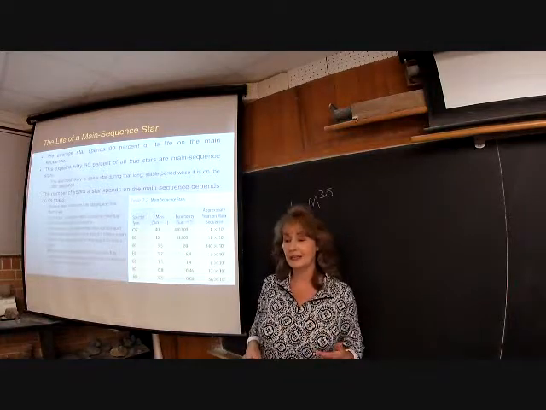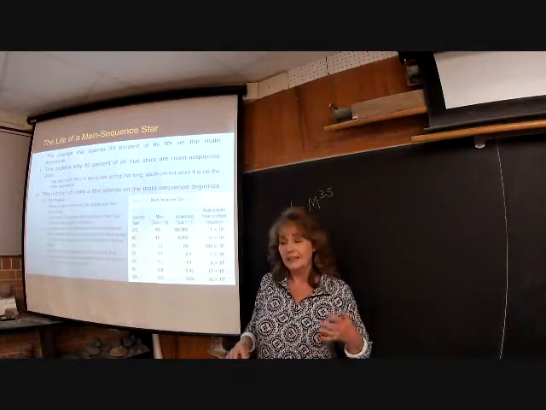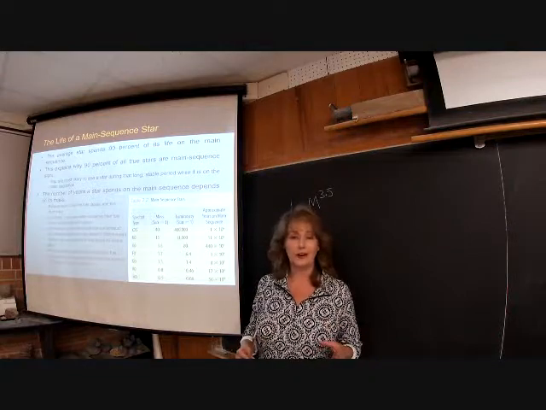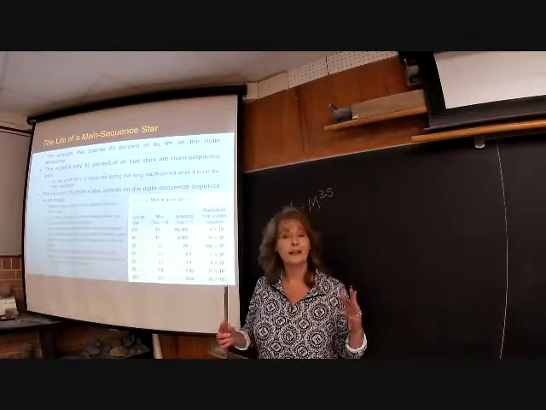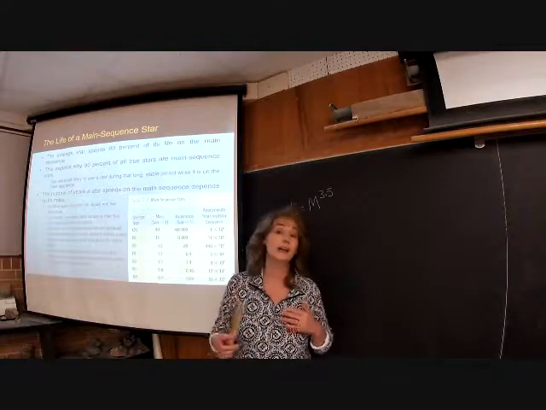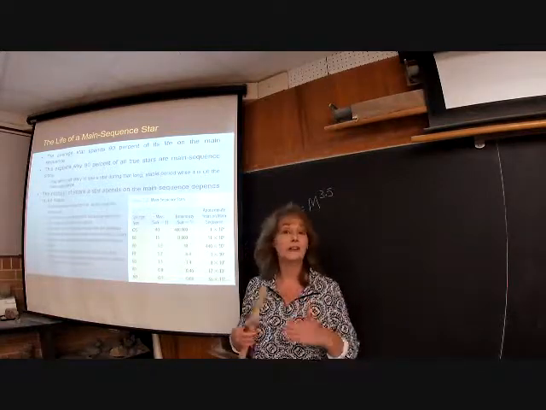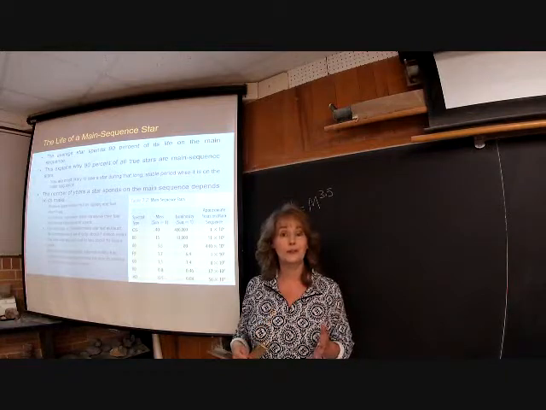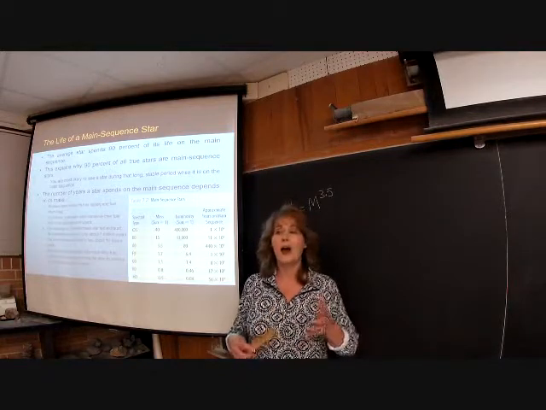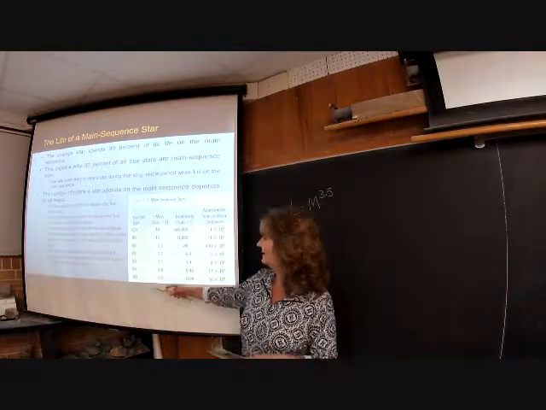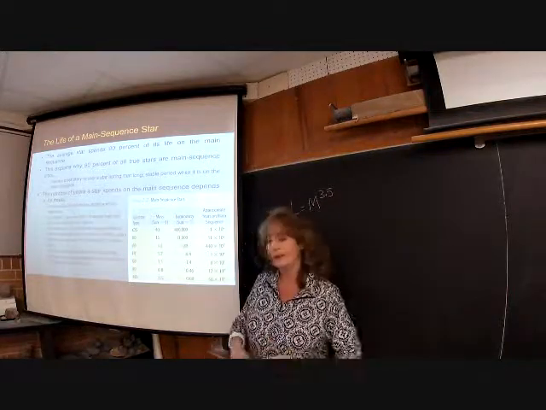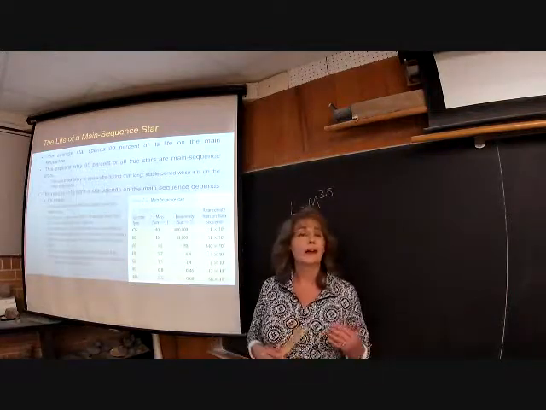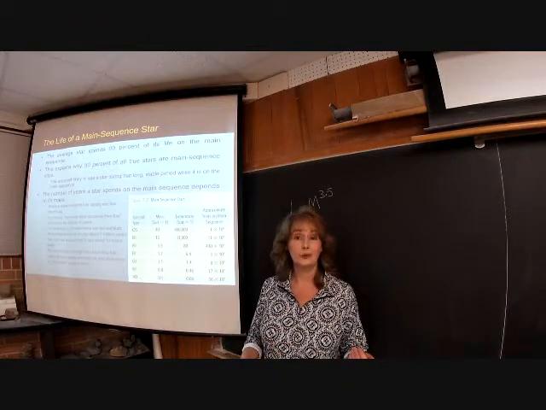And this makes sense in that very massive stars have a lot of weight to try to balance. So that makes their interiors very hot, and they're going to consume their hydrogen fuel a lot faster than, say, one of our little M low-mass stars down on the main sequence would.